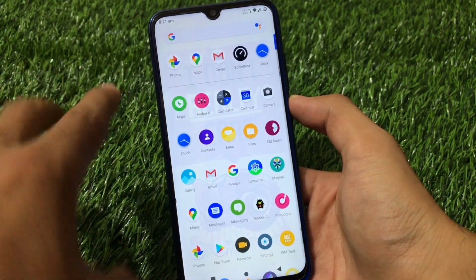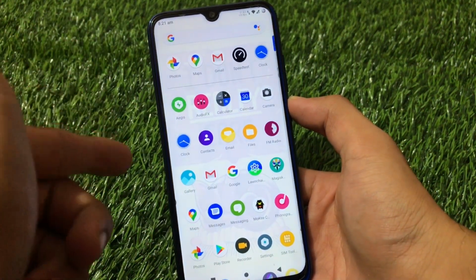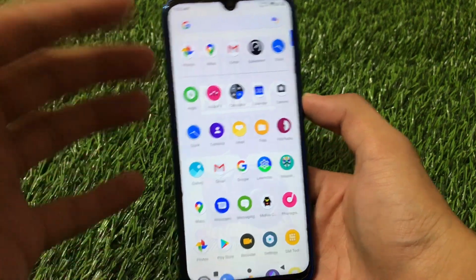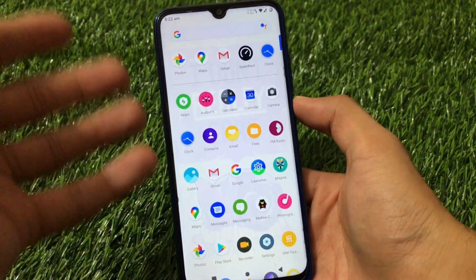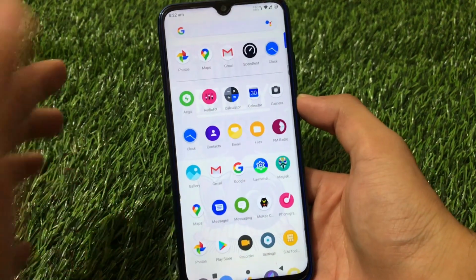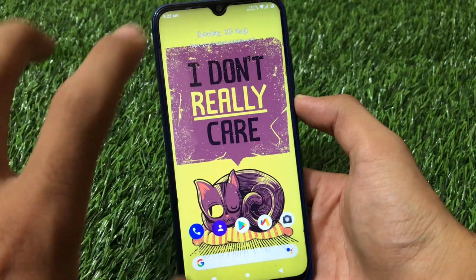Some bugs are here in Moki OS unofficial build for Redmi Note 8 users, so make sure to watch this video properly, then you will see some bugs available. And if you're another device user which has the official build available, you might not get these kind of bugs. But yes, the features are almost the same in Moki OS.